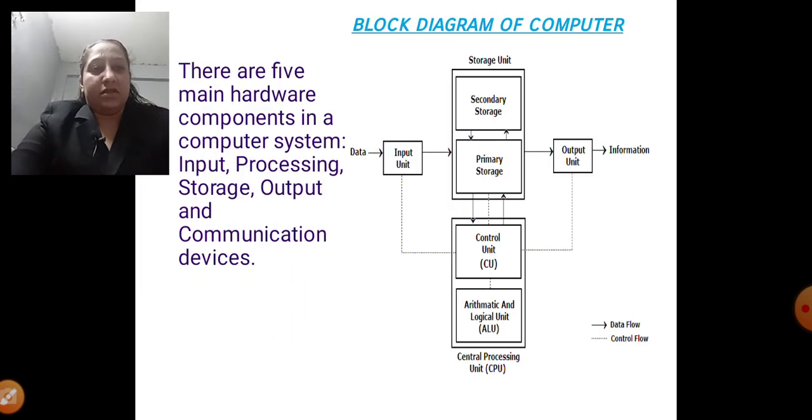Now there is another topic called block diagram of computer. I said earlier, when we asked students the question, what are the major components of your computer, they are not able to answer at all. So what are the major components of computer? Your computer comprises 5 major components, that is input, from there it goes ahead to processing. Another third component is your storage, fourth one is output, and next one is your communication device.